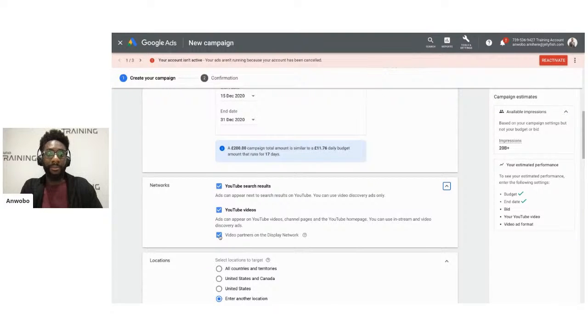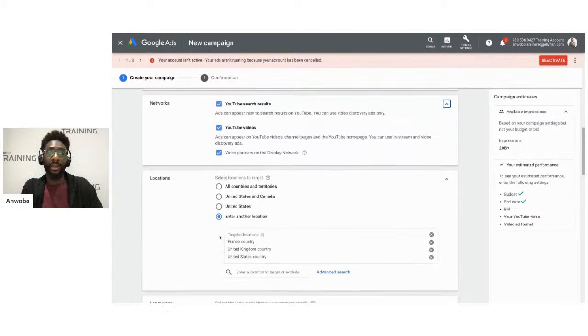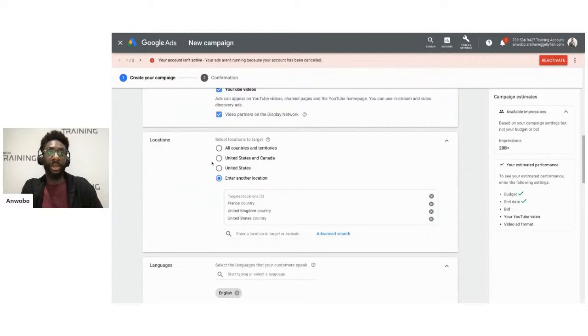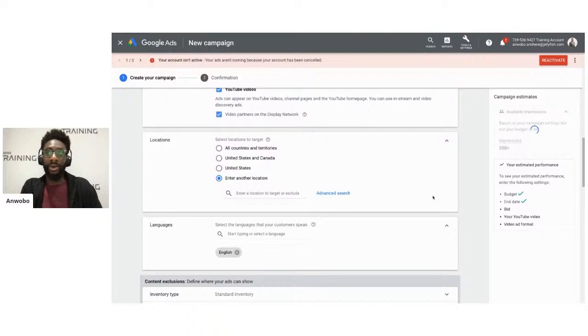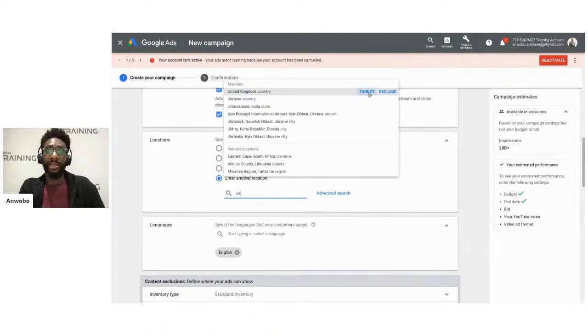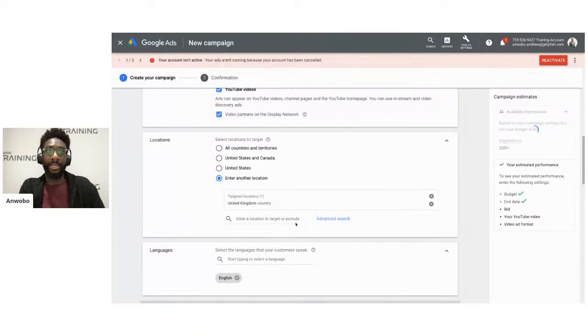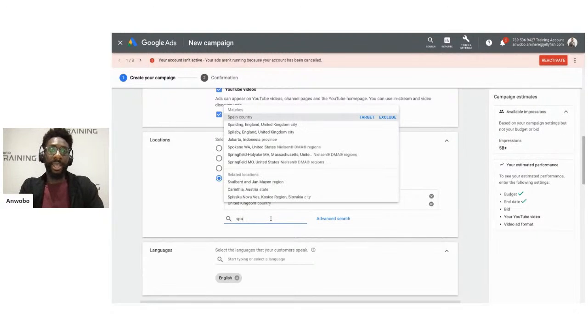By default, everything here is ticked, meaning that I can target every single one of these user groups. Next, I have to choose my locations. Where are my users? Who do I want to target? I'm going to get rid of my locations for now and reset this, and say I want to target users where you guys are based. I know that I and a few of you are based in the United Kingdom, so I'd like to target that location. And also, I believe someone else was in Spain.